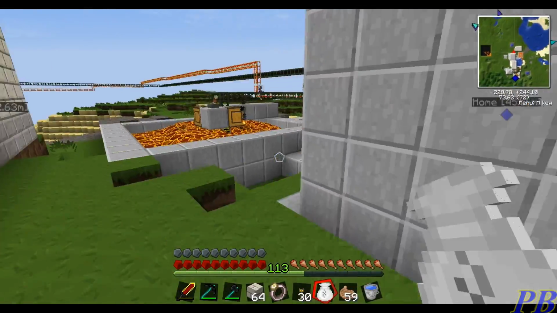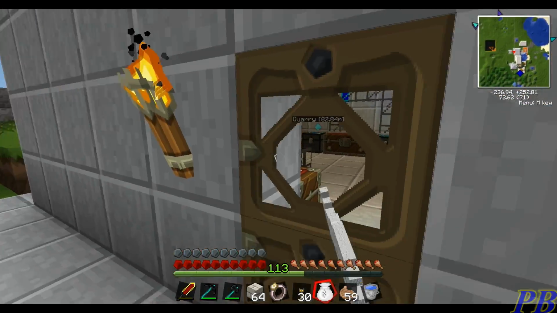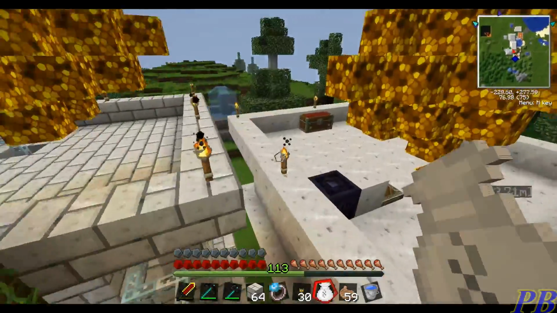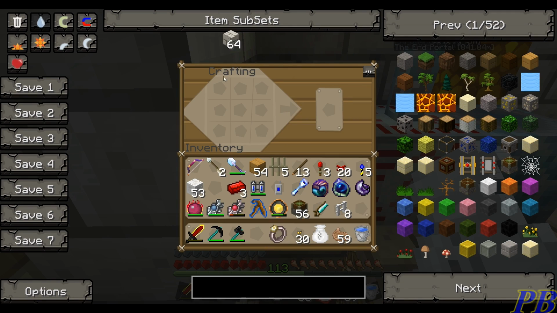Alright, anyway, let's go ahead and... Actually, I should cut it in here. Oh, that's right, I don't have a... Never mind, I got so many buildings, I don't even know what I have in what. Okay, I have a chest in here. Well, I have a table, crafting table in here. Alright, so let's just go ahead and